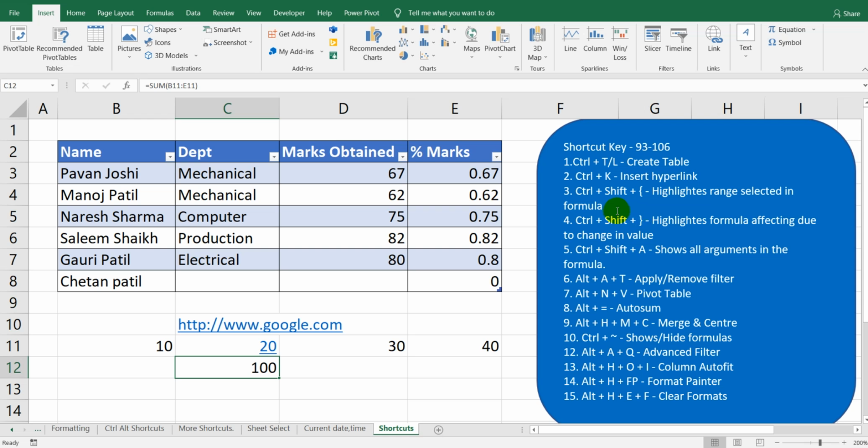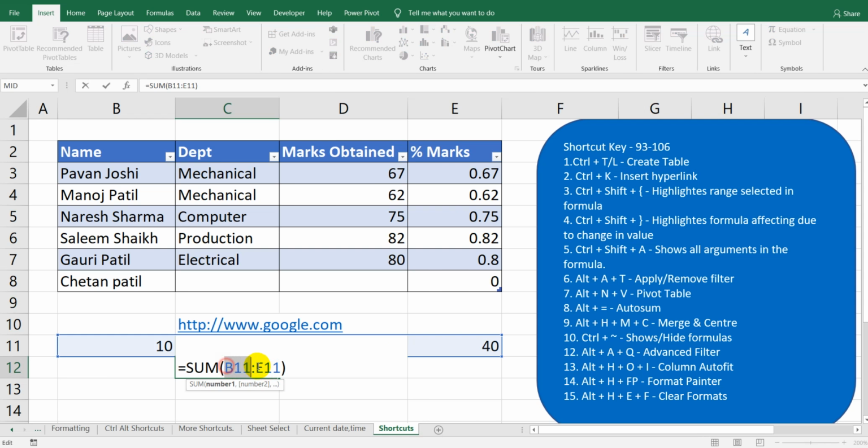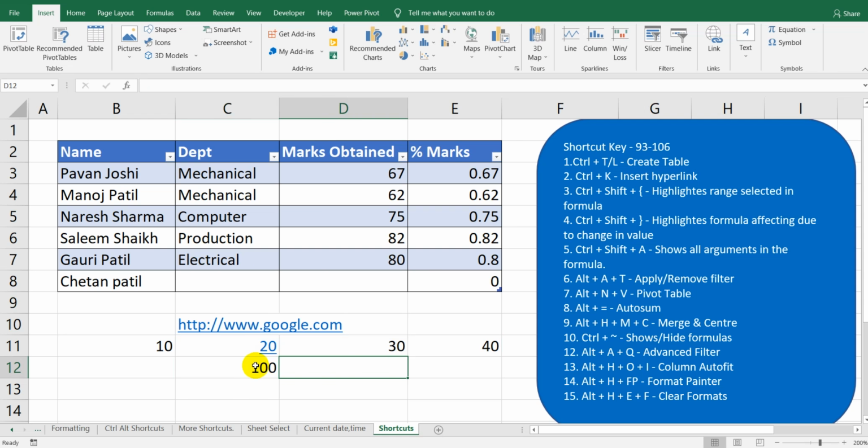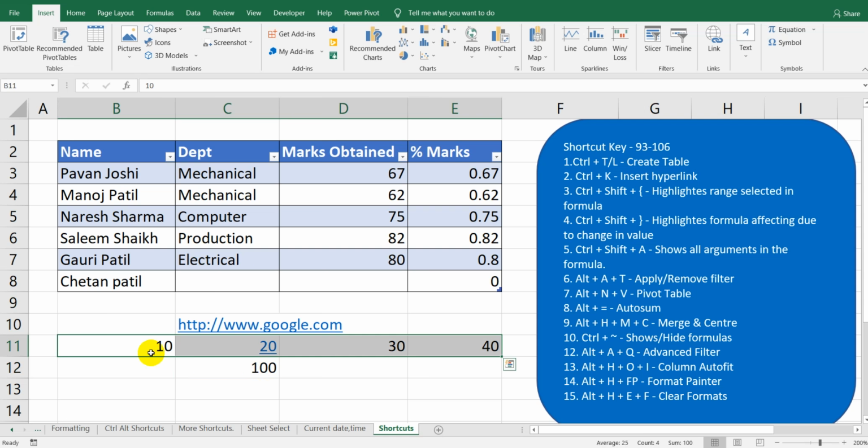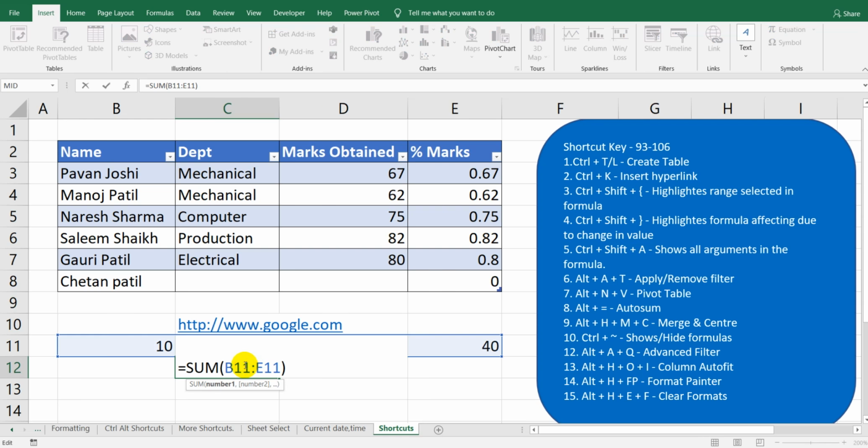Now with this Control Shift and open curly bracket, it highlights the range selected in the formula. Simply select the cell where we want to highlight the range for the specific formula, and press Control Shift and open curly bracket. With this it will select all the values which have been used by this formula.